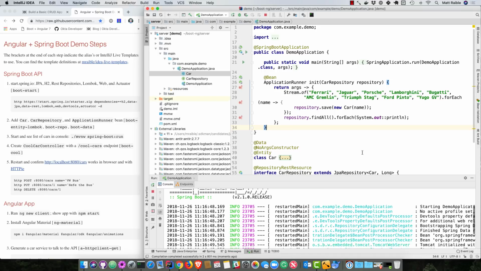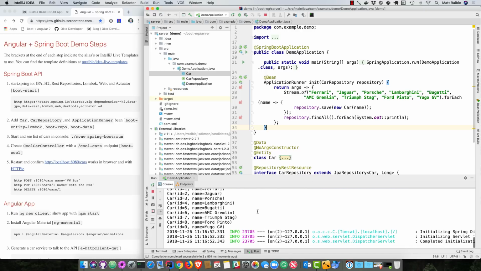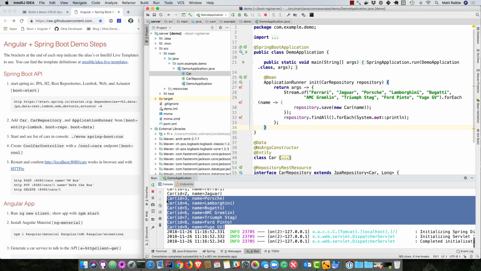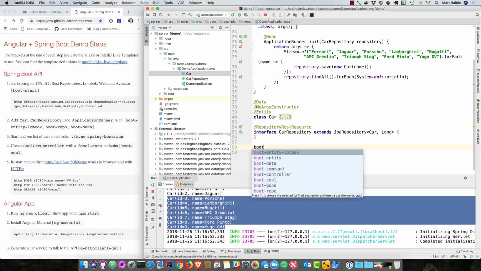and we're running on Java 11. That's a feature of Spring Boot 2.1, and you notice it prints out everything, so it is saving those in the database. I'm going to create a CoolCarsController,